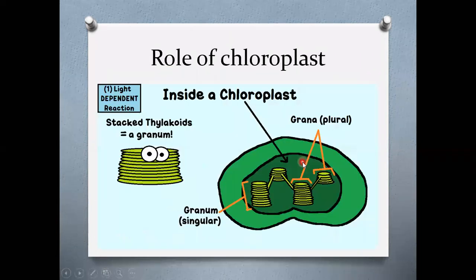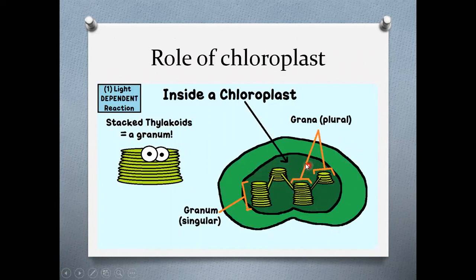So let's move further. What is the role of chloroplast? Chloroplast is a specialized organelle which has chlorophyll in its granum. So this is a stack of thylakoid. This is an organelle which is called chloroplast. It has an outer membrane, and this is the inner membrane. Inside the inner membrane, there is a special structure. These are called granum, singular of grana.